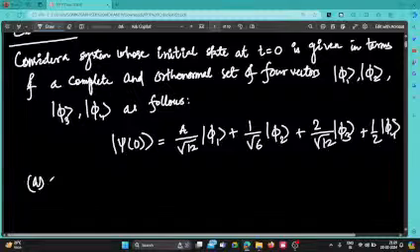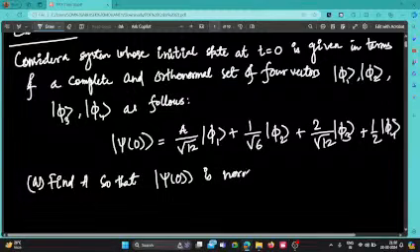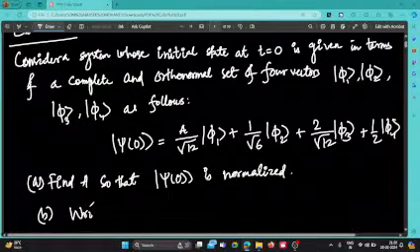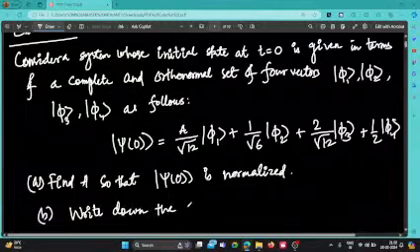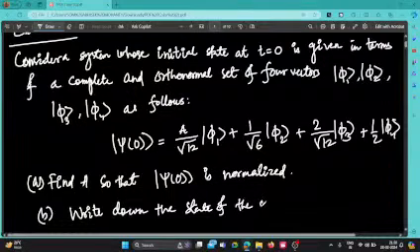Find A so that psi 0 is normalized. Write down the state of the system